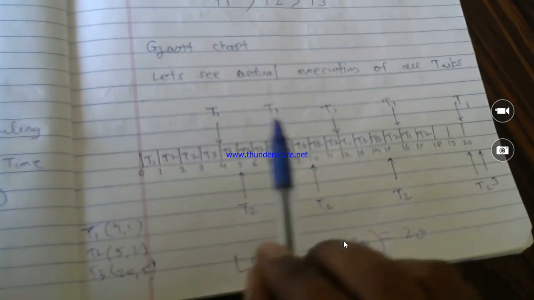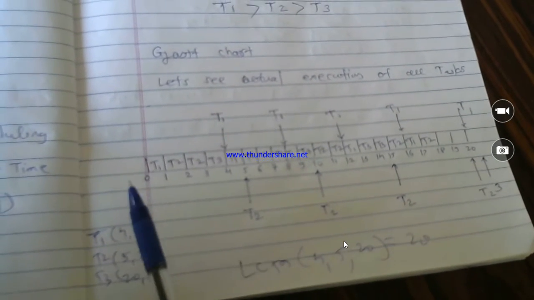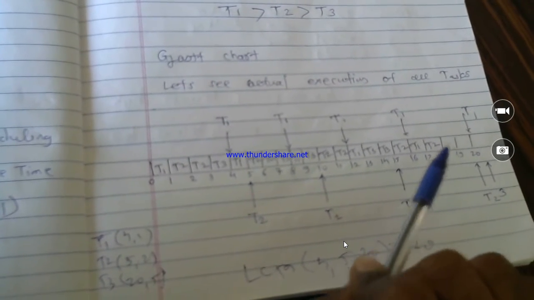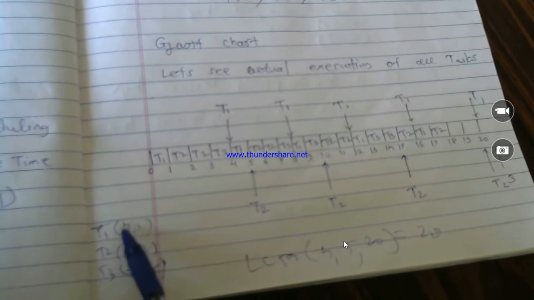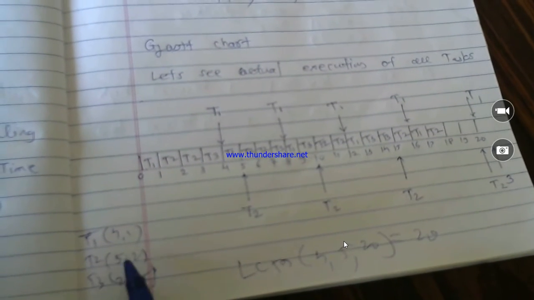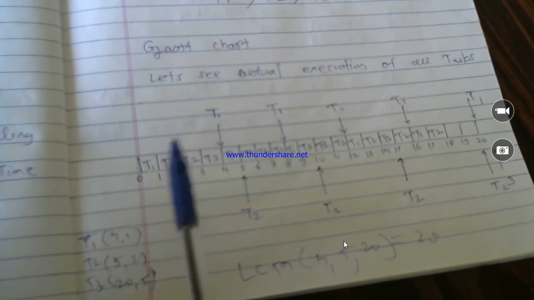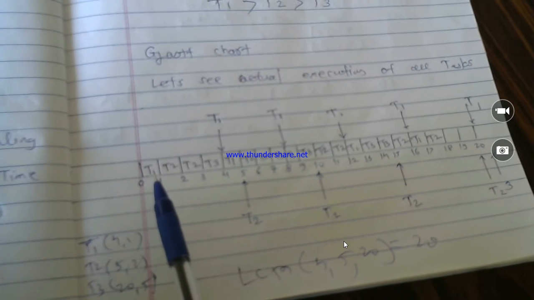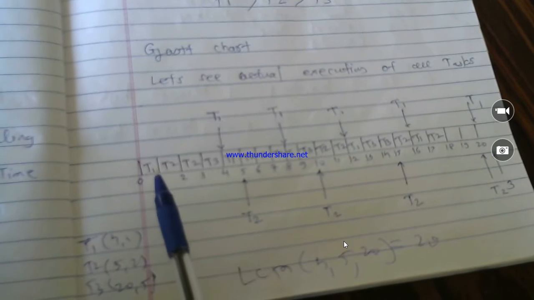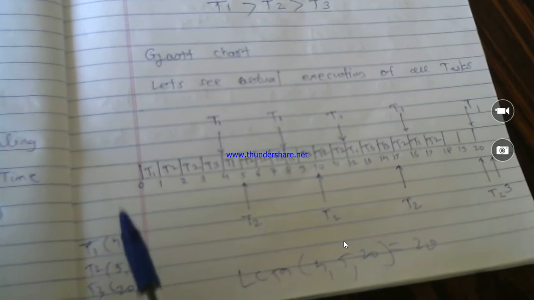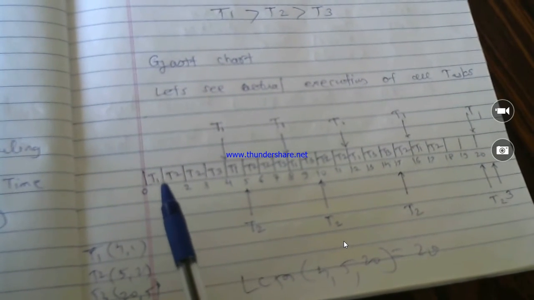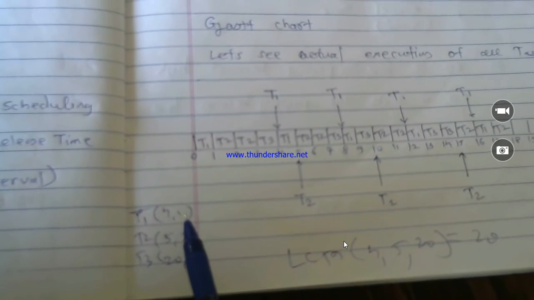For T3 there is no need to define anything, because from 0 to 20 T3 will get executed only once, right? But T1 will get executed 5 times, and T2 will get executed 5 times, as their periodic times are 4 and 5 respectively. First T1 will get the resources of the system, because as I have said the priority is high. Then I am going to write T1 over here only once, because the execution time is only 1.